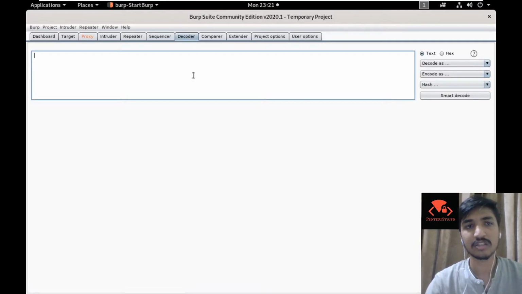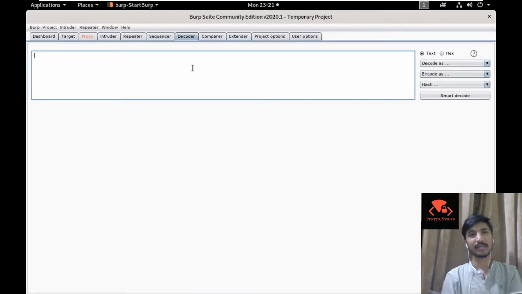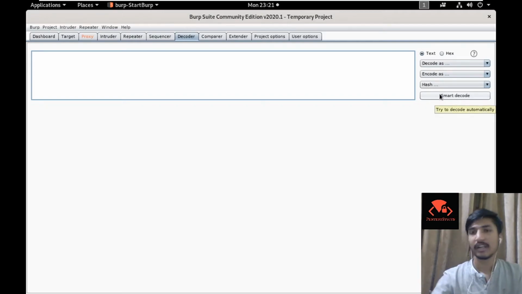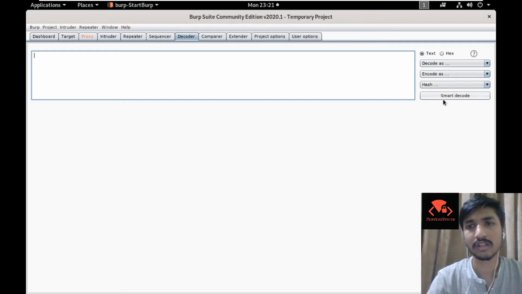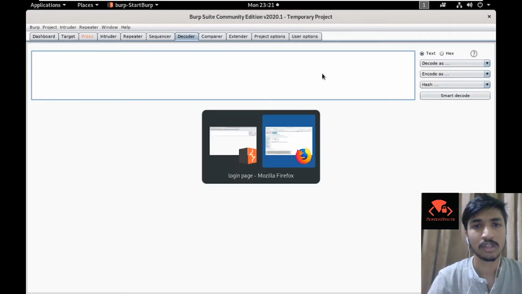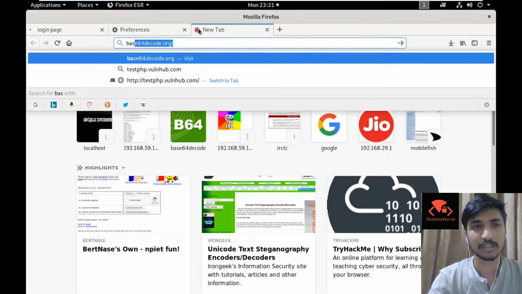And then there is Decoder. It works like CyberChef. You just paste in a hash or something similar and try to smart decode it, and then it just decodes it like URL or whatever you try to enter. Smart decode does that magic wand thing like in CyberChef. It just automatically tries to decode. For example, let's go to base64